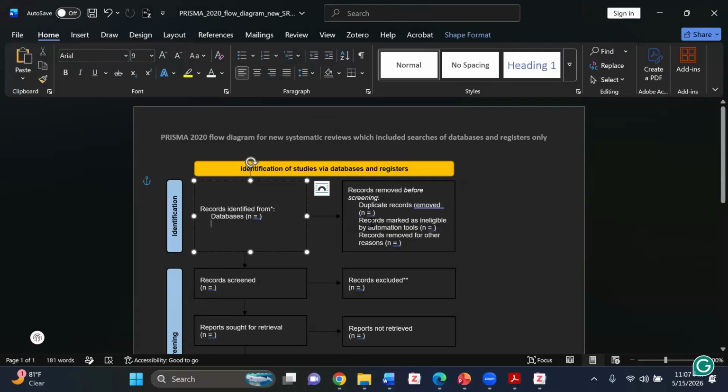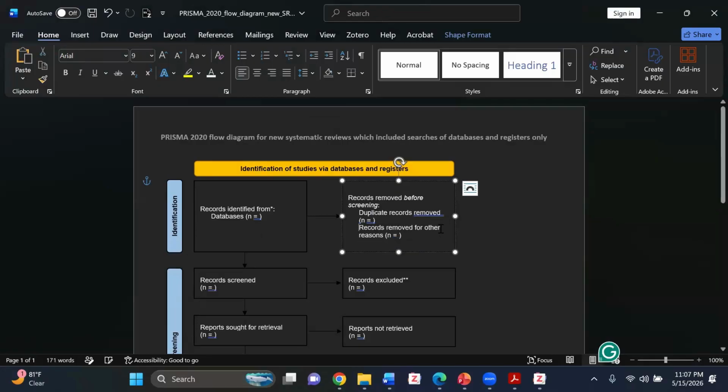Okay. I'm not using any automation tool like Covidence or Rayyan. So I'm going to remove this column here. I'm using the zero, so remove. So here,